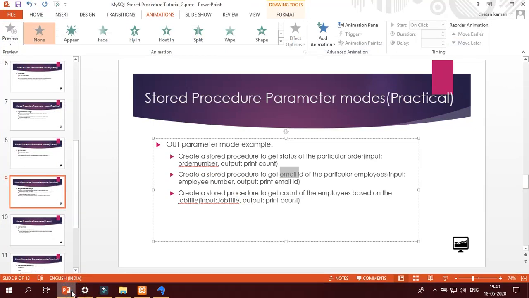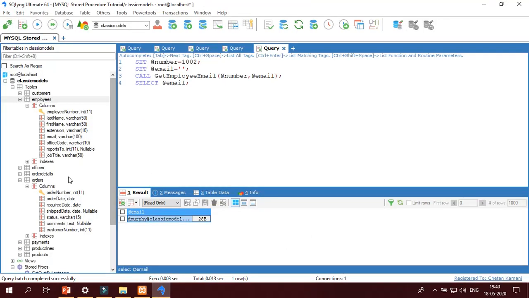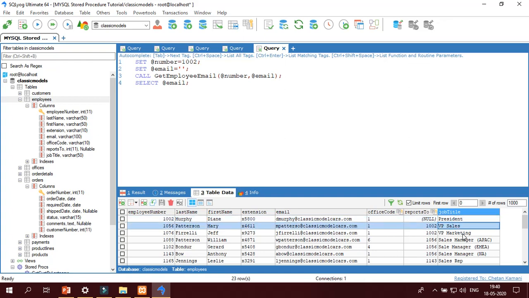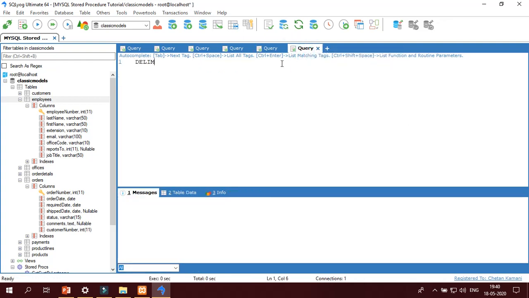Now up to this we have created two different stored procedures as OUT parameter mode examples. Now I am going to create a third procedure, in which we create a stored procedure to get the count of employees based on the job title. For that we have to refer to the employee table. What is the job title? We have to count how many presidents there are, how many VP sales, how many VP marketing. Again you have to create one stored procedure, with delimiter